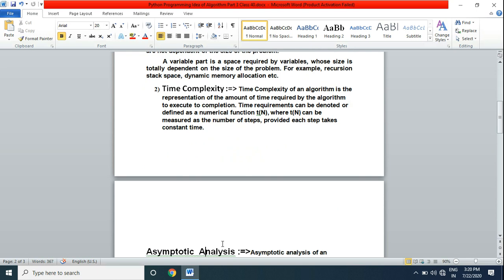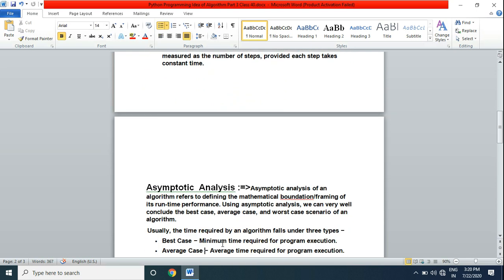To calculate time complexity, we have many methods. One method in our course is asymptotic analysis. Asymptotic analysis of an algorithm refers to defining the mathematical framing of its runtime performance. Using asymptotic analysis, we can conclude the best case, average case and worst case scenario of an algorithm. So we generally have three cases.